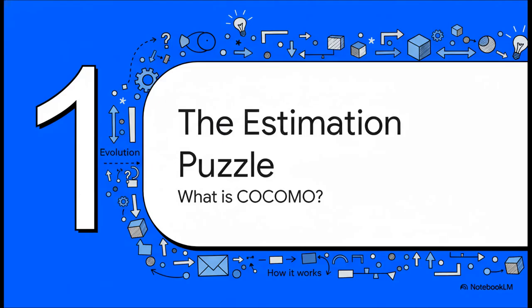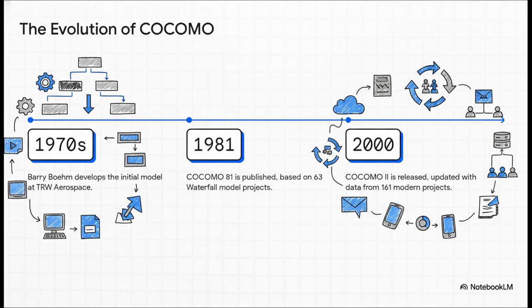All right, so let's really get into it. To understand what makes this model tick, we need to look at where it came from and how it works on a basic level. You see, this wasn't just a one-and-done thing. The first version, which we now call COCOMO 81, was built using data from projects in the 1970s. And back then, pretty much everyone was using the very rigid, step-by-step waterfall method. But of course, technology changed a lot. So by the year 2000, the model got a major update, becoming COCOMO II, which was based on data from